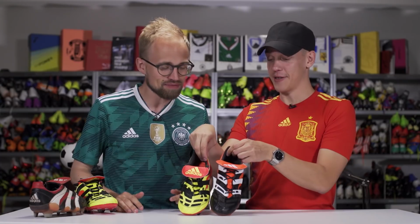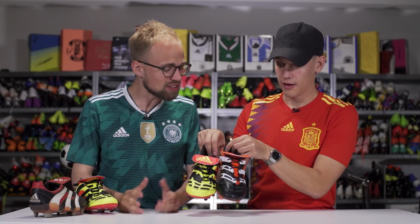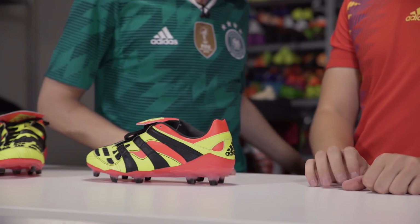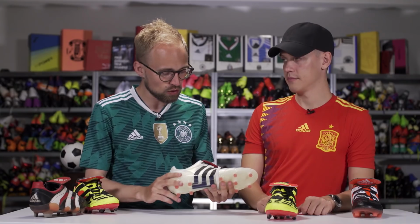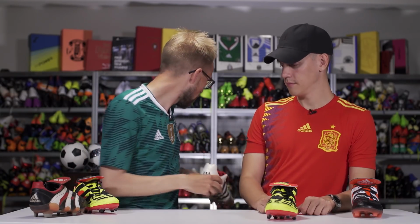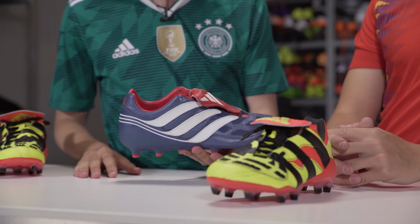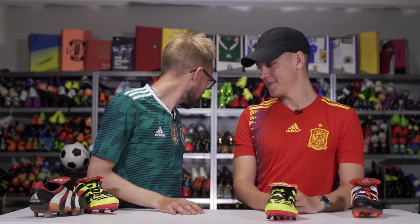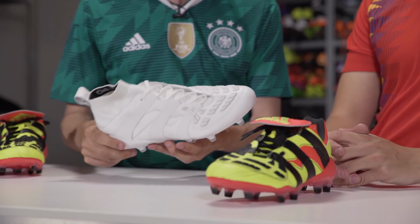Insane to look at the difference between these two. It's not even funny. And ever since then, we've had the Predator Mania Champagne, which was also made in hybrid touch. It was okay, it wasn't the best thing ever. We got the Precisions, and that was nice, but everyone was like, yo, make the accelerators again. Then we got the David Beckham accelerators, which were nice, but now...